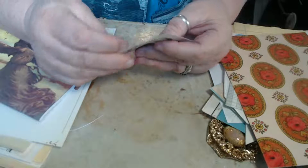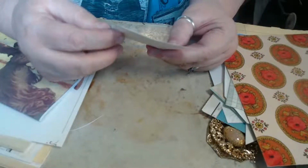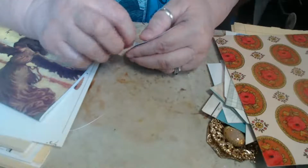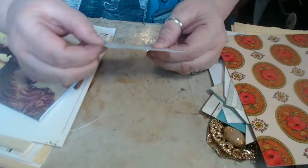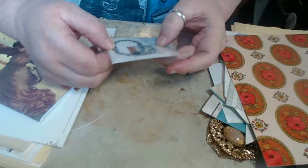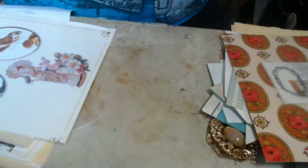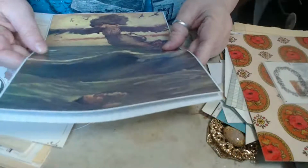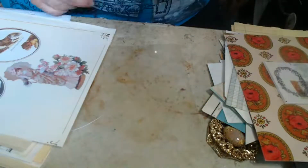This is a little envelope, and it's got something in it, but I can't tell. It's been sealed up, and I don't want to break the seal. So I'll have to cut it to see what's in it. I don't know what's in it. Anyway. And then this is a whole bunch of... Oh, this is a little journal. This is just a little journal with graph paper. So that's cool. This is some tea-dyed